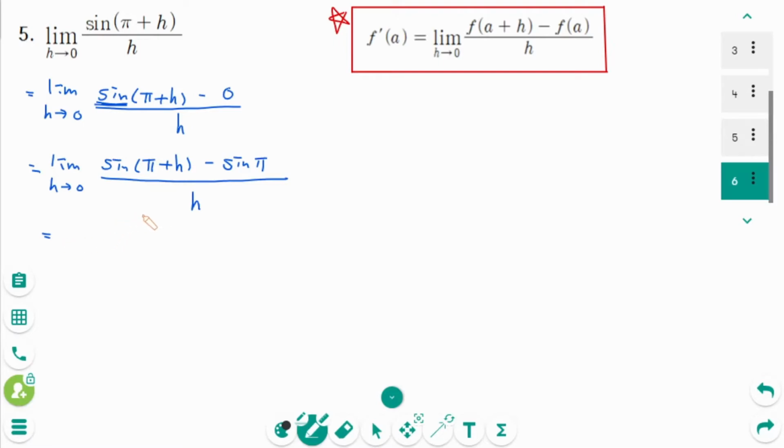That means d/dx of sine x when x equals pi, so sine x prime equals cosine x